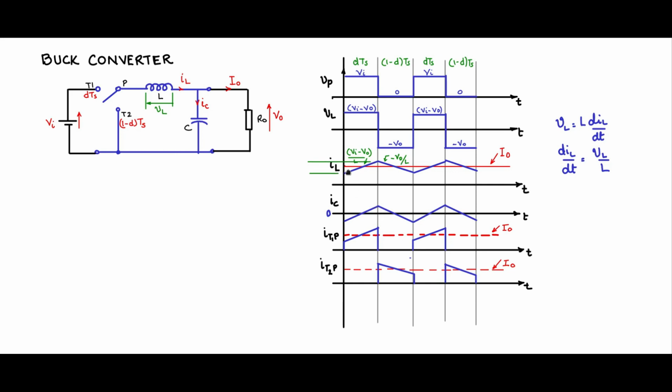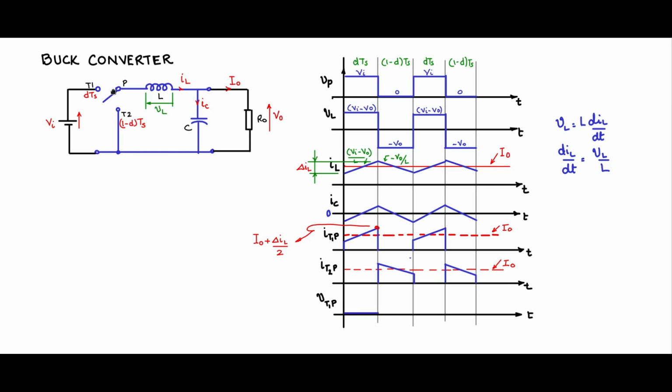If you take the inductor current peak to peak ripple, we will call that delta IL. If you take the peak value of the current flowing in T1P, it is level I0 plus delta IL by 2. From here to here is delta IL. So from level I0 to peak, it is delta IL by 2. This can be used for designing the switches, rating the switches. Then let us look at voltage across T1P. These are all useful waveforms to rate the switches.